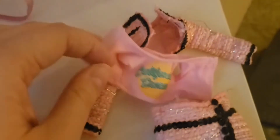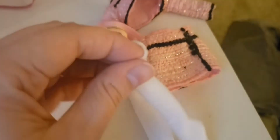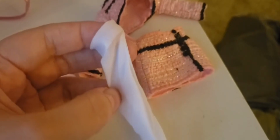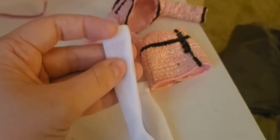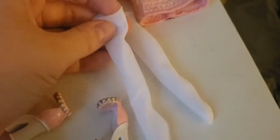This is her little shirt. It's Velcro all the way down the back, so you can just slide it off really easily. Her little jacket, her little skirt, little socks. They feel a little bit more flimsy than the tights, but as long as you're careful with them, you should be fine. It's not the fabric that's flimsy. The fabric feels pretty nice. It's just the seam in the back. I could see the seam ripping if you were being too rough with them,